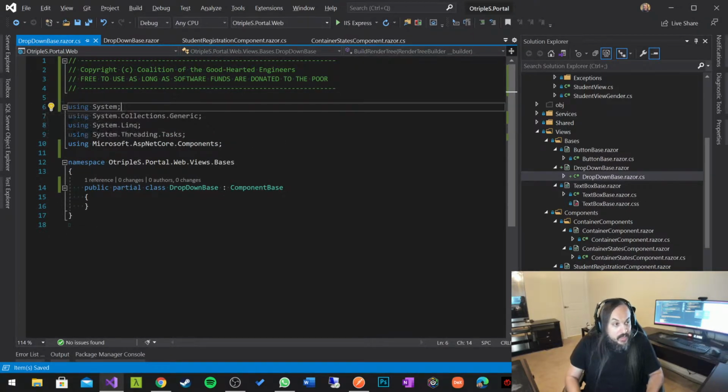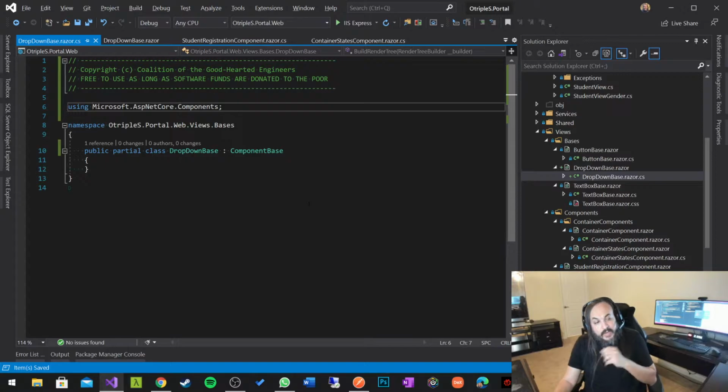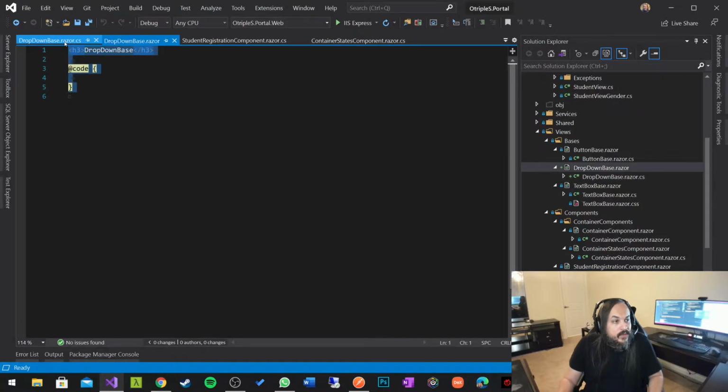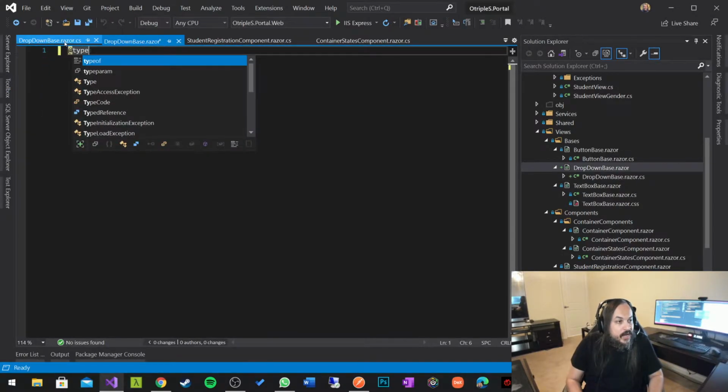Legitimate. So all of this is great, but I want to allow my drop-down base. If I leave it as is, it's not going to help me out, because the problem here is that I can pass in... I don't know how to pass in a generic type of an enum, right? So this is where things get interesting. There's something that you can throw on top here that's called type param,